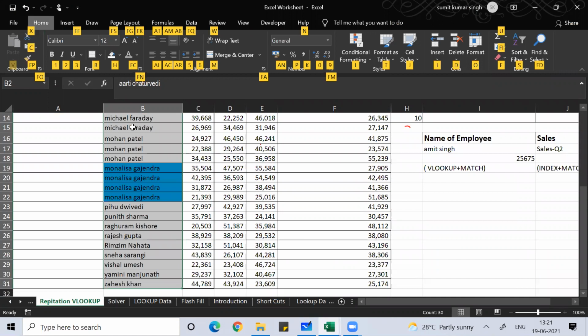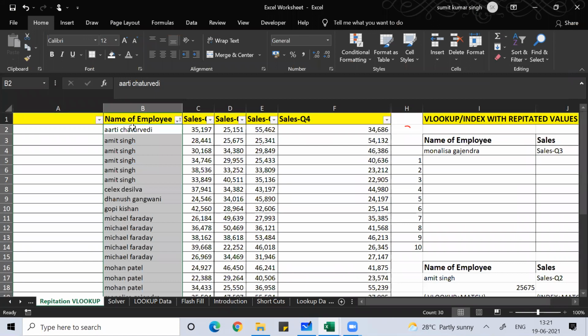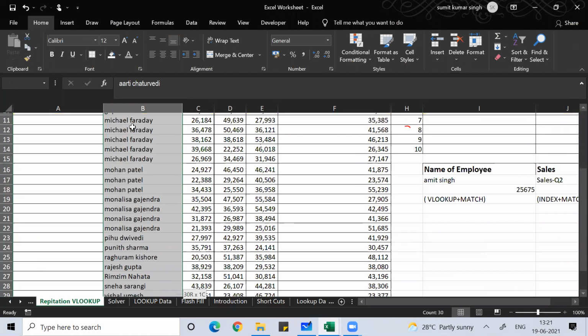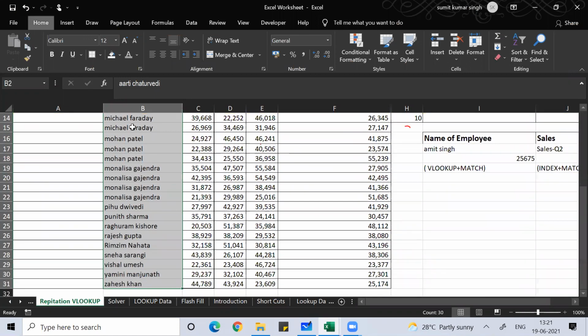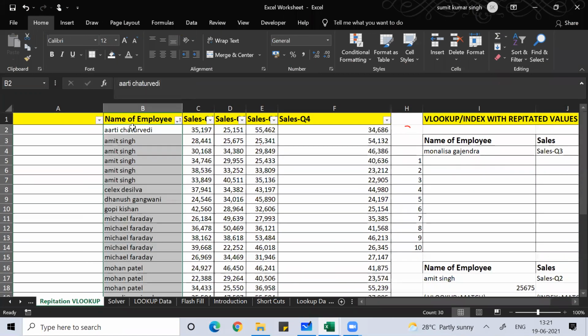Alt H, then E, then F. Then you can see this now. Alt H B A, Alt H B T. Here remove the filter, Alt D F F.